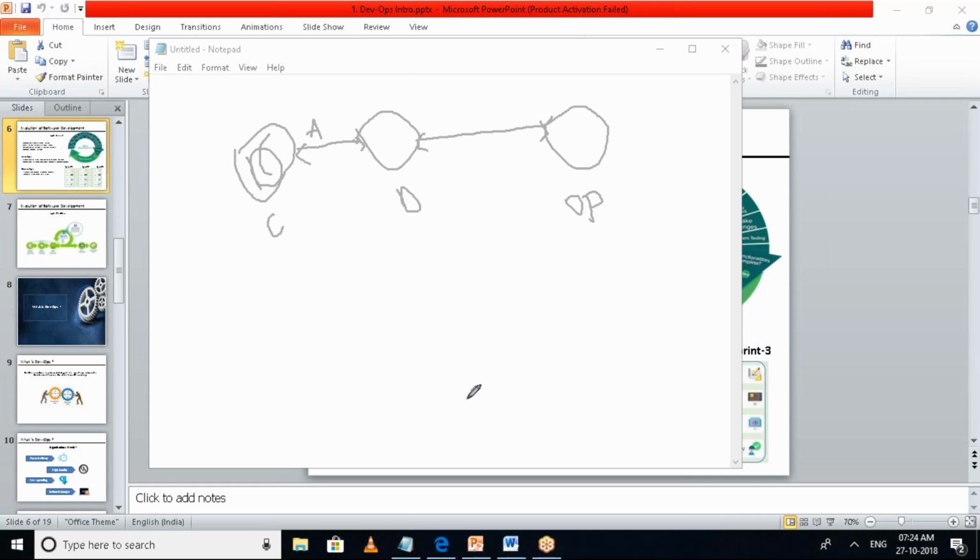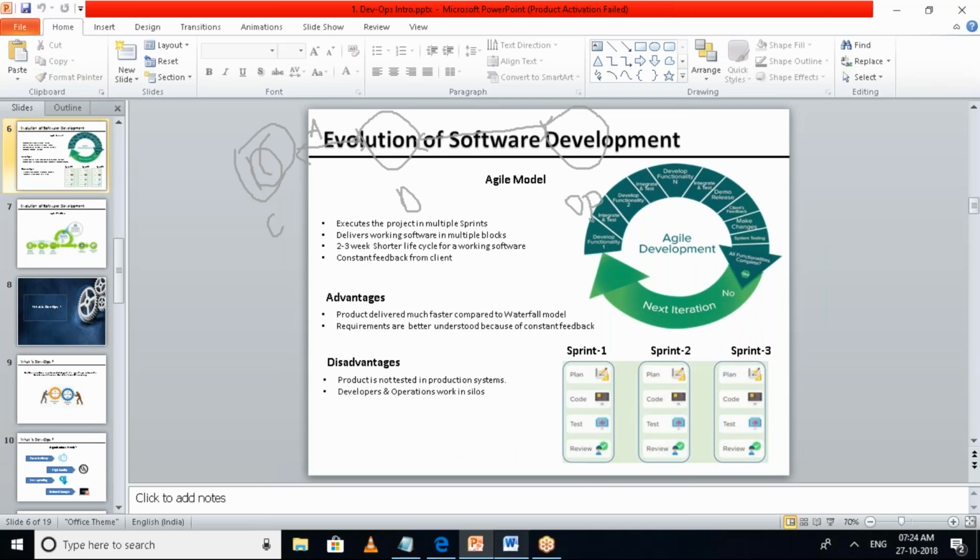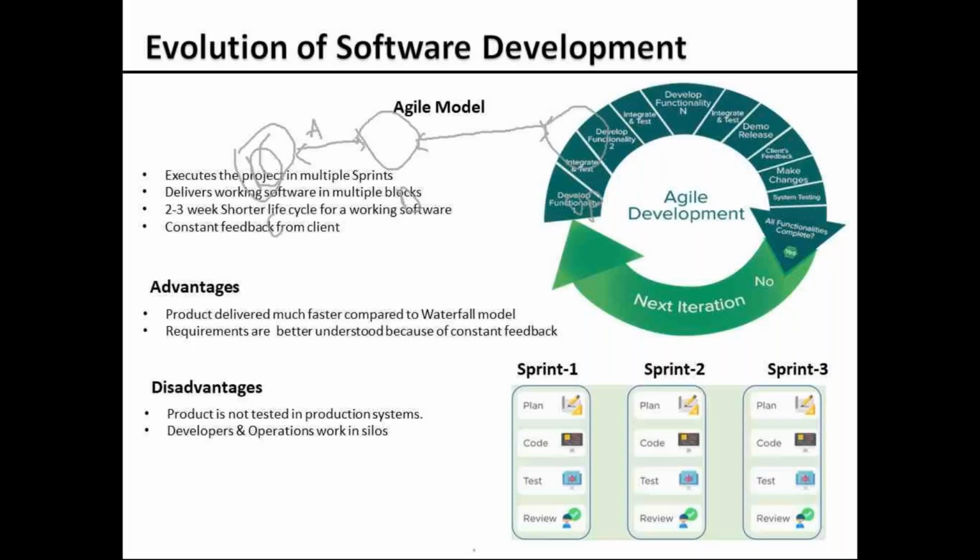This is one challenge that came across in the agile model, which has to be taken care of. It's not just development which is the top priority. The operations team, which takes care of release activities and installation of the software into the respective environments, is also equally important, isn't it?